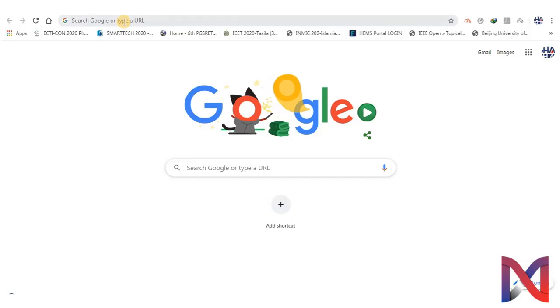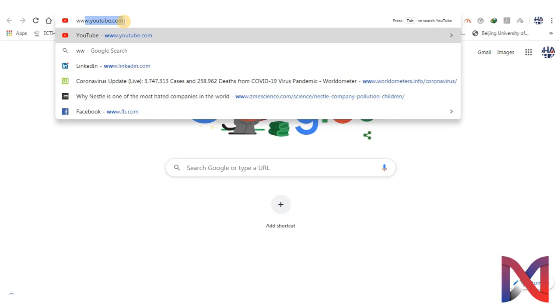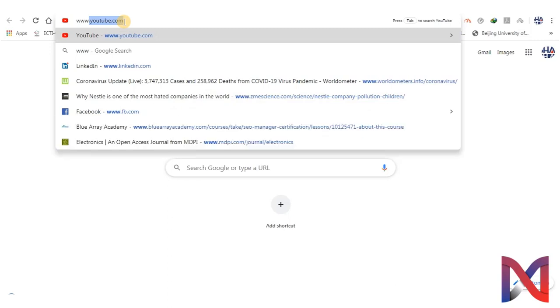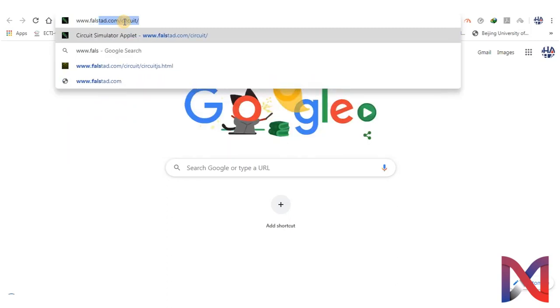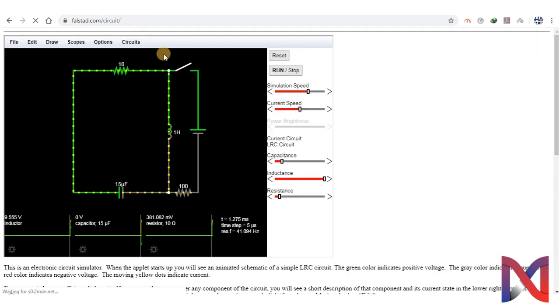Let's go and check out this lab simulator. Here we will write www.falstad.com/circuit.